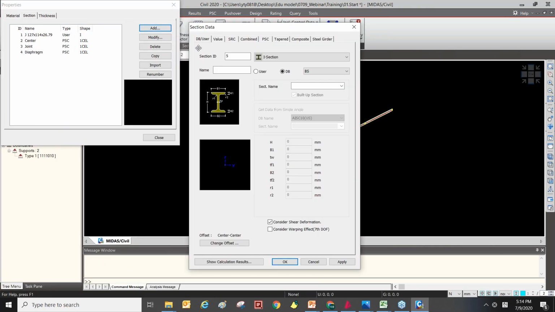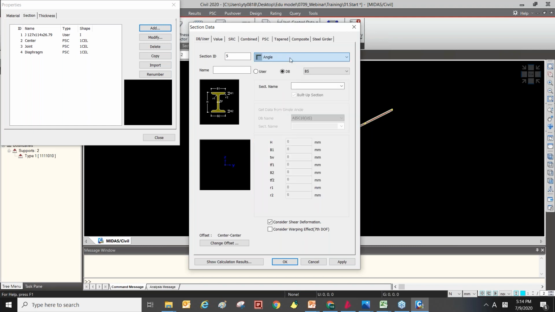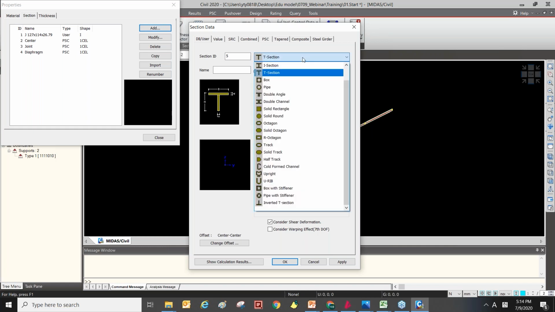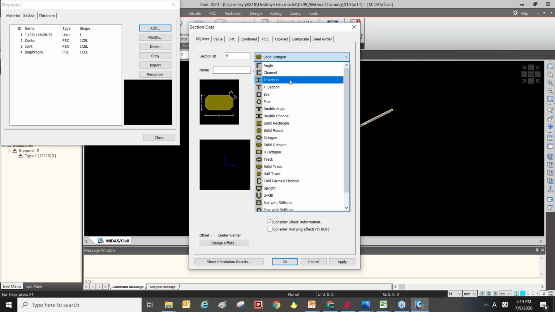So now we will look into DB user section. DB user section has various section templates like angle, channel, T section, I section, or solid rectangle, or solid octagon like this.